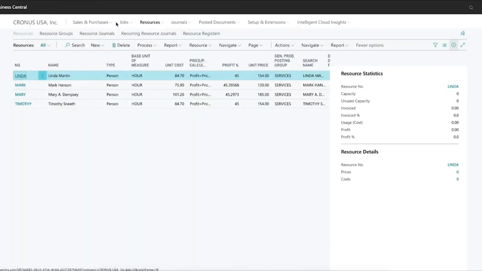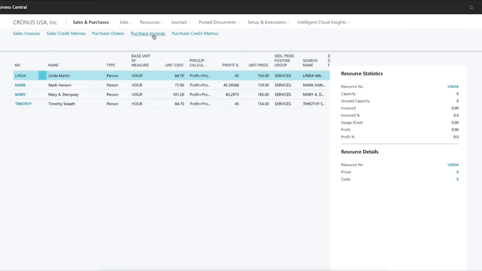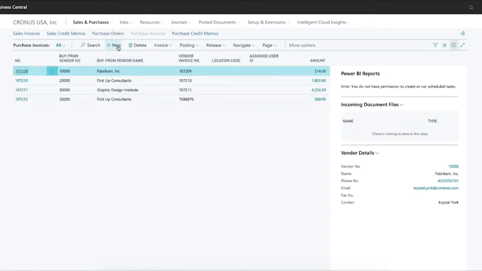Okay, so that's a timesheet overview. Finally, when you come back to the purchasing side, I would like to just walk you through a simple purchase invoice. So if you have a subcontractor that doesn't bill you by the hour, but bills you for a piece or some piece work that was done on a particular job, you would simply go to purchase invoices here,